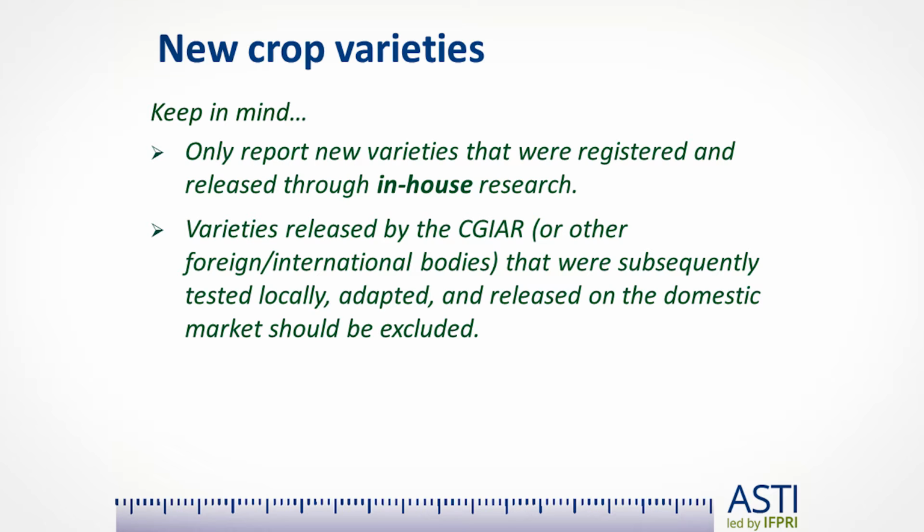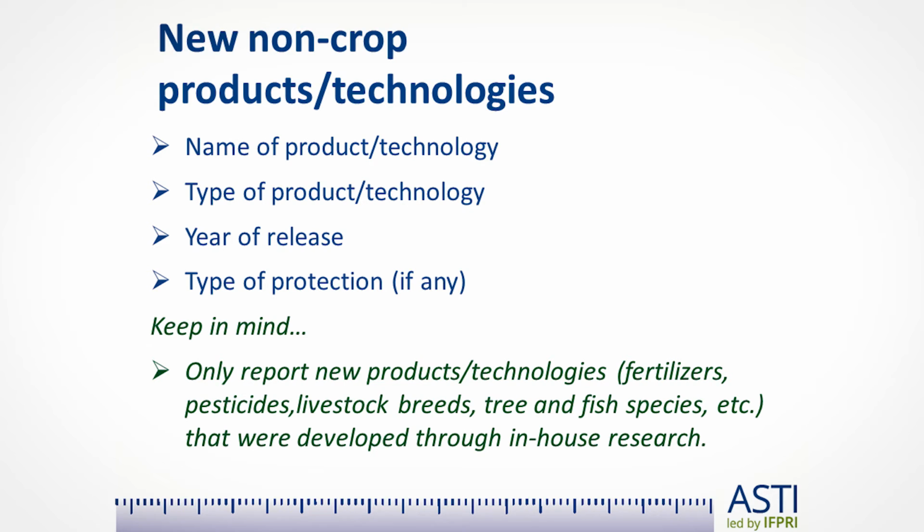Only new crops or new technologies that were developed through in-house research should be reported. So varieties, for example, that were released by a CGIAR center and then just tested locally by a national agricultural research institute and then disseminated on the national market should not be reported because those were not developed thanks to in-house research. Under new technologies, we would like you to report any